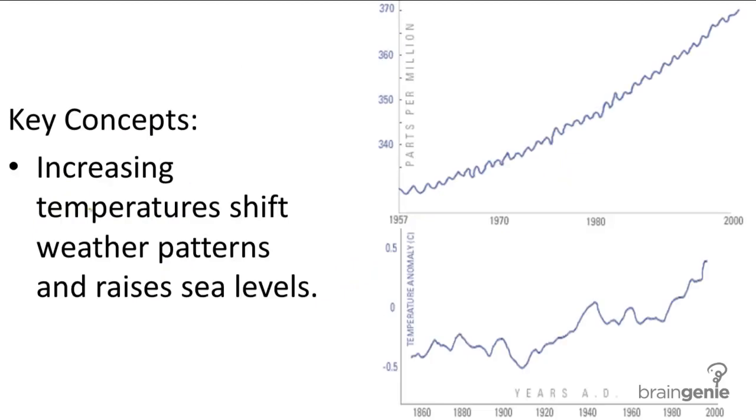So now, let's look at the CO2 graph with the temperature graph. And here's solid evidence that the increase in CO2 is directly correlated with the increase in temperature. Although the graphs don't have the same time frame, if you pick out 1960 to 2000 in this temperature graph, you can pretty much see that the patterns in the temperature similarly follow the general patterns in the CO2 levels, and so you see that there's this very strong correlation between the increase in CO2 levels and the increase in temperatures.